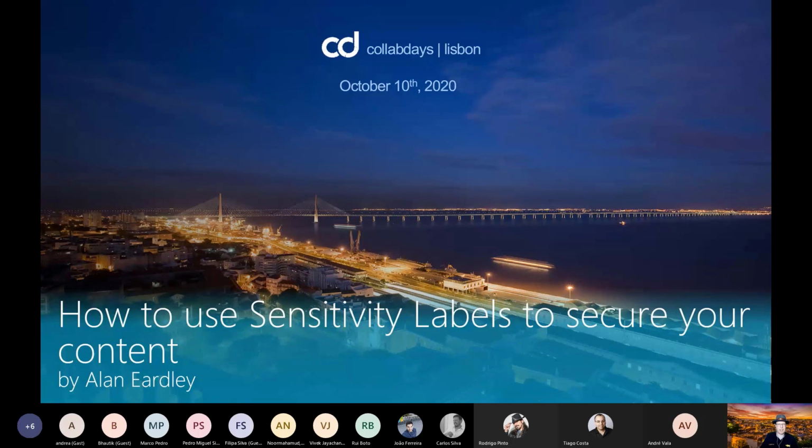The last session of the day, and probably the most scintillating subject to end the day with: sensitivity labels to